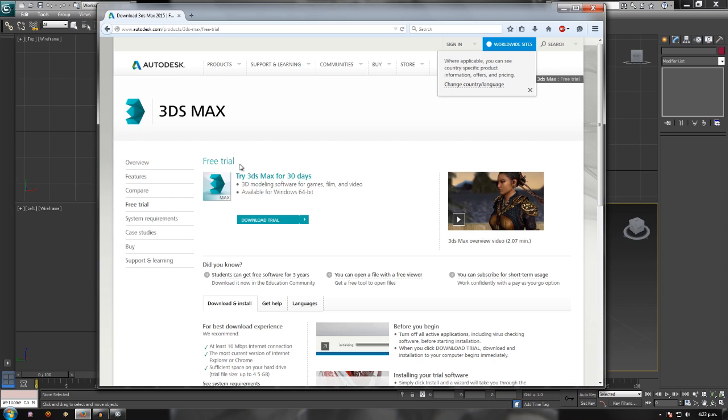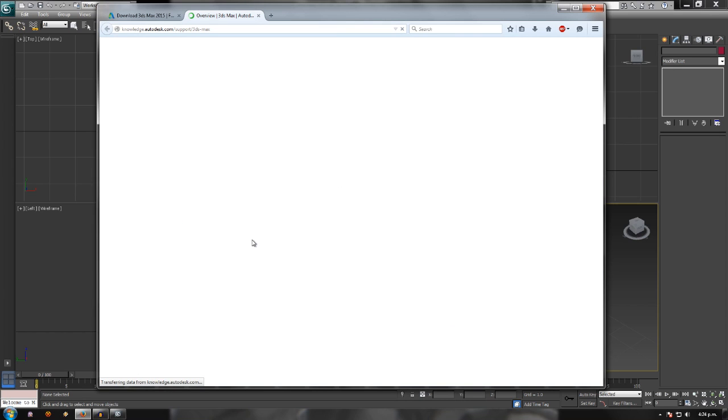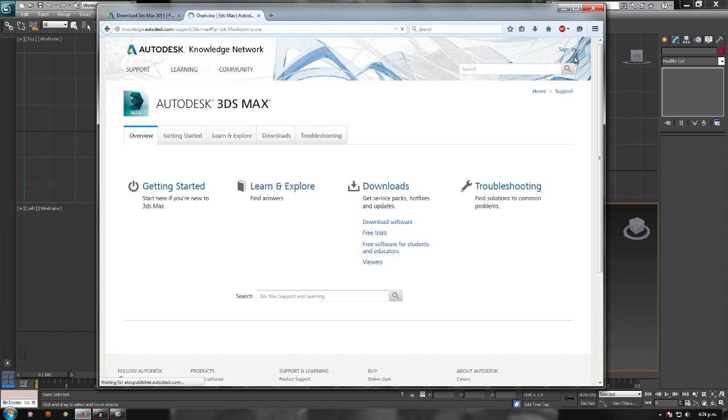This free trial is basically for businesses to figure out whether they like 3ds Max or not and want to use it. Where you should be going is to get the educational license, because you're not making assets for a game which is going to be sold commercially. 3ds Max has an educational license so that you can create and learn their software. The educational license is for 3 years, which means you get to use their latest 3ds Max software for 3 years. You have to create an account